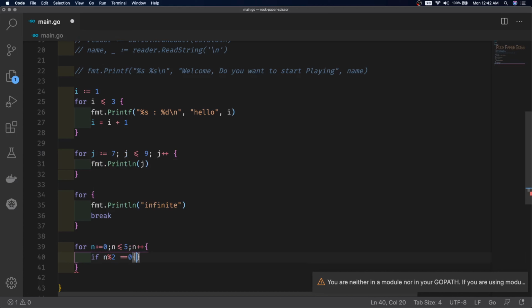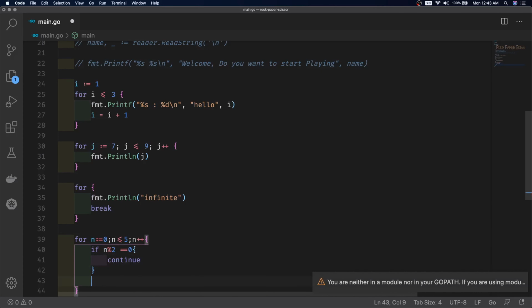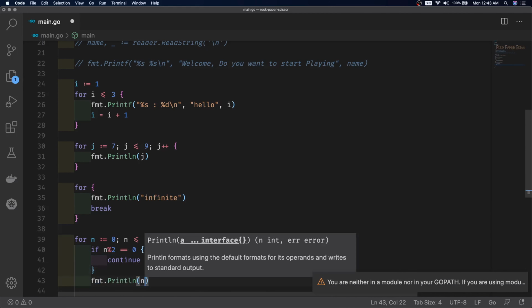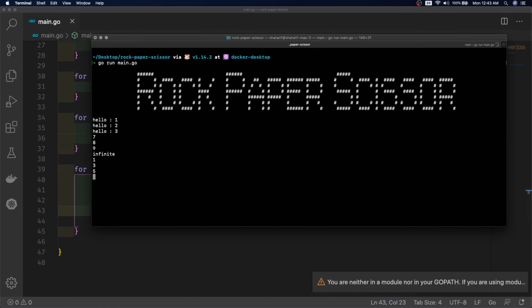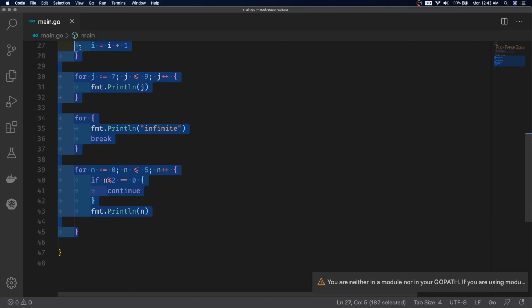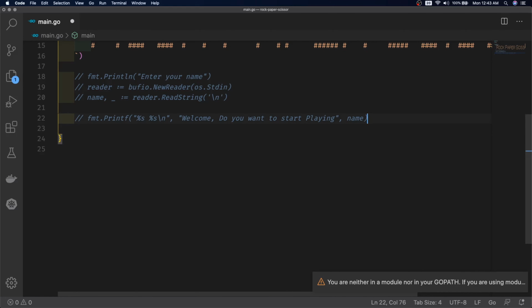So n modulo 2 is equal to 0. If anything is divisible by 2, then it will not print it out on the terminal. As you can see, it prints 1, 3, 5 only. That's all for loops.